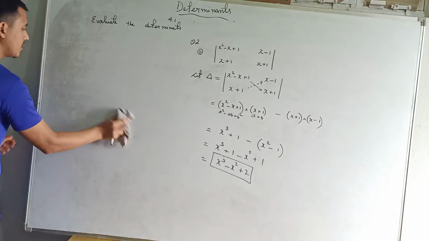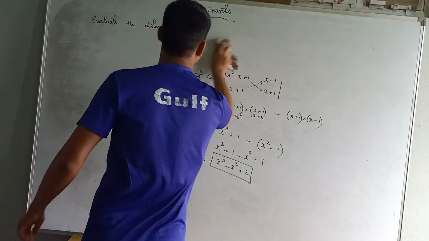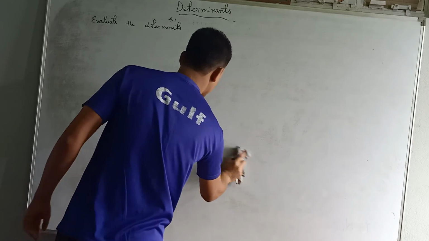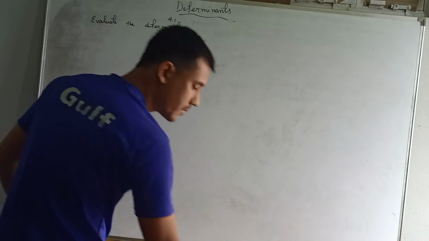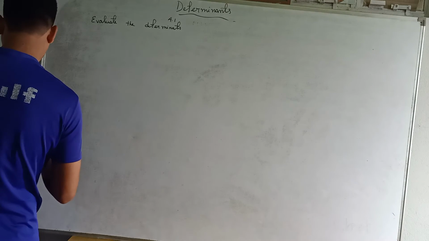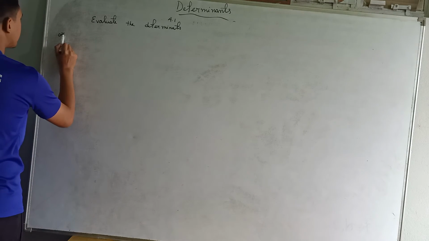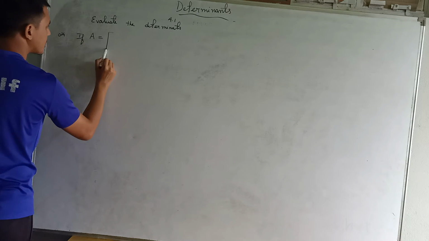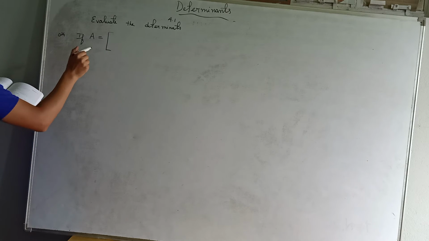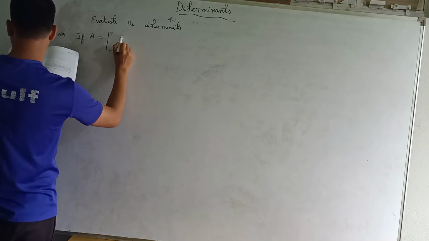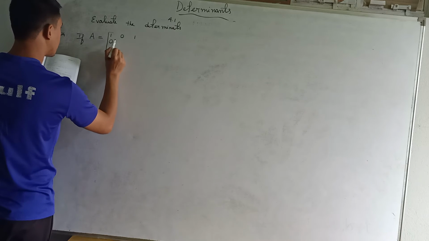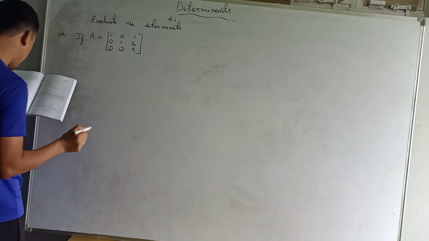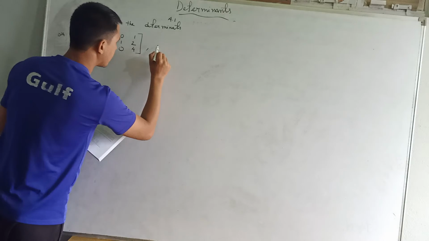Now let's see question number 4. The order is 3, and we have already seen how to find out the determinant of order 3. So with that concept, we will work on question number 4. Given is A is a matrix, say 0, 1, 0, 1, 0, 1, 2, 0, 0. So this is your matrix A. Now you want to show that